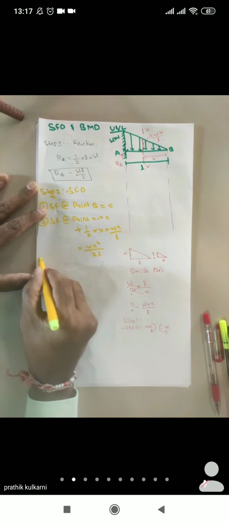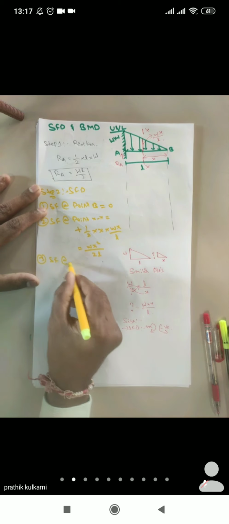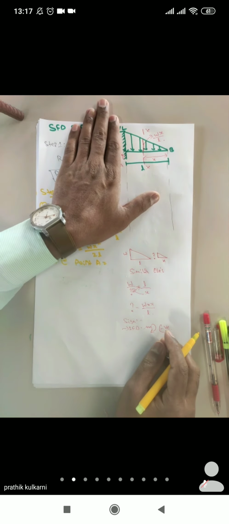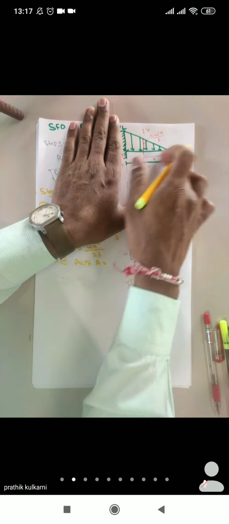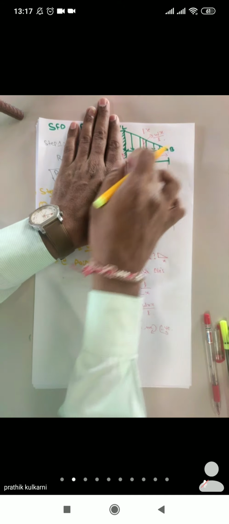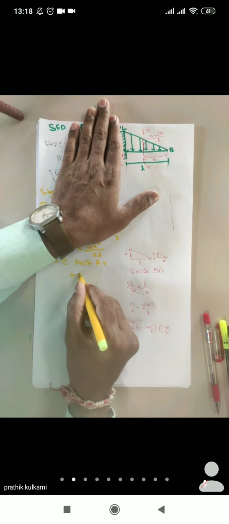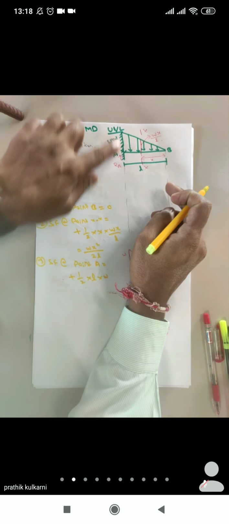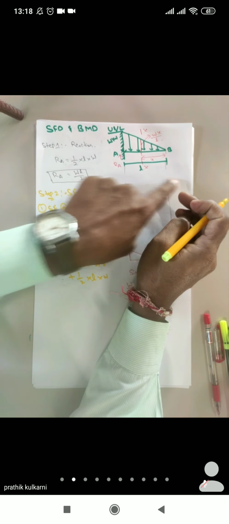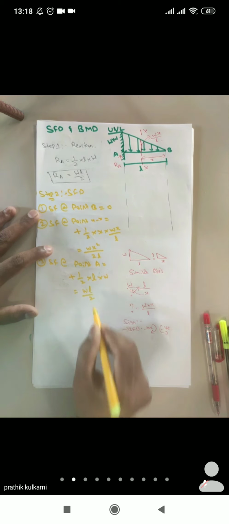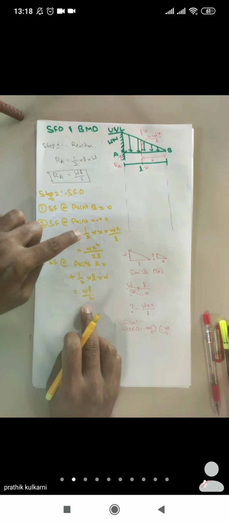Now, last step, we can go for the shear force at point A. Now I'm somewhere here, and the complete loading will fall. So what can I write? It is also acting in a clockwise direction, so it is plus half into base, which was L, into height, which was W. Yes or no? Height was W, length was L. So half into L into W, so we have WL by 2. Now this is at point A, this is at section XX, this is at point B.